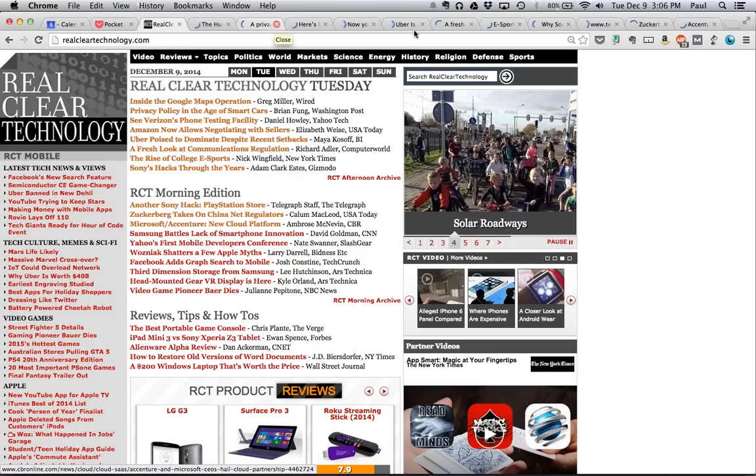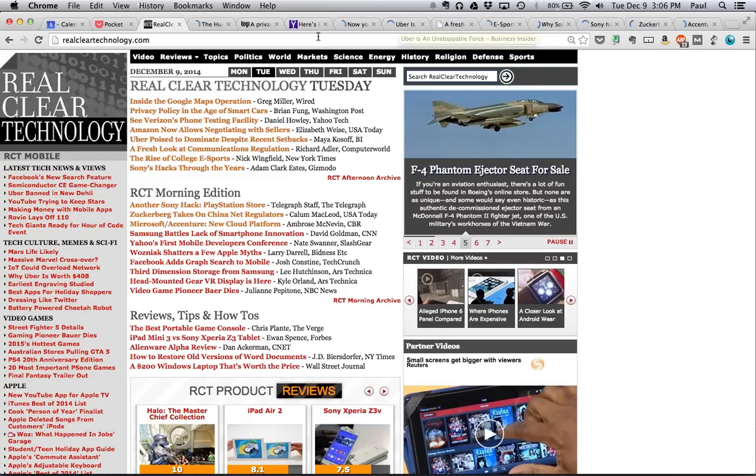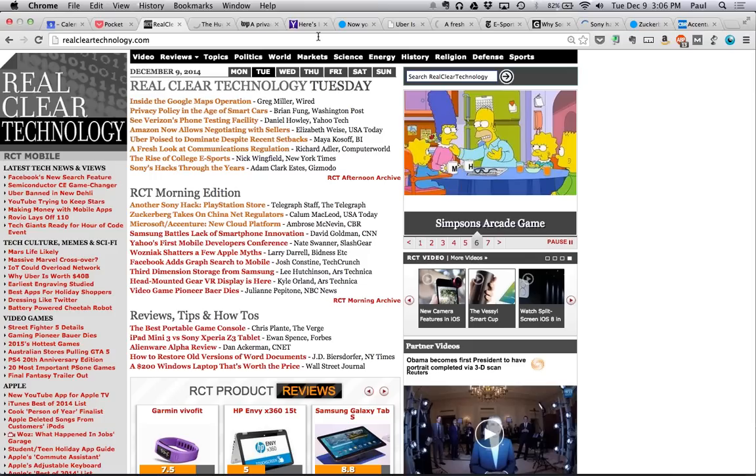And then you realize, what? I don't have time to read all these tabs. I don't have time to read all of this right now, but I want to read it later because maybe all these articles are very, very interesting. So that is where that application that I mentioned comes in. If you go to getpocket.com, this is a free application that you can use to save articles for later. And here's how it works.